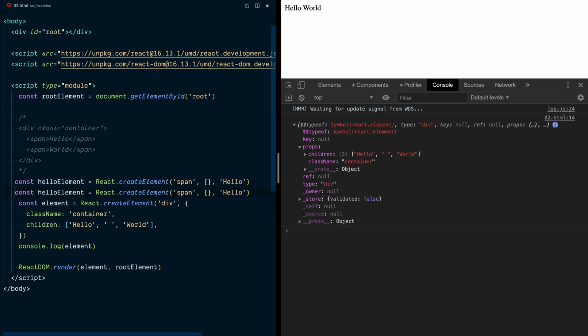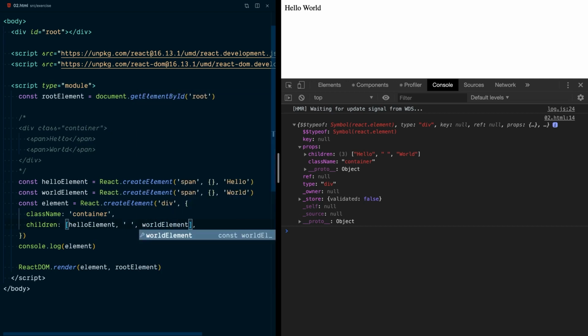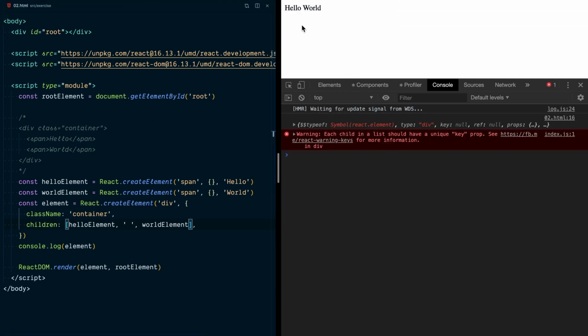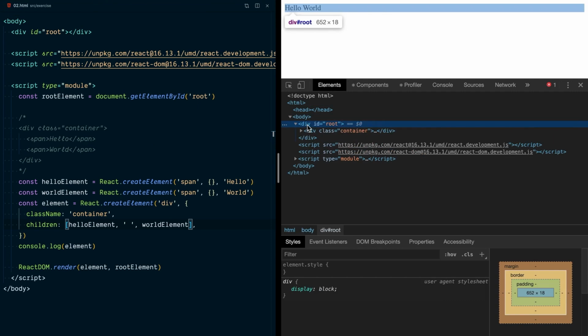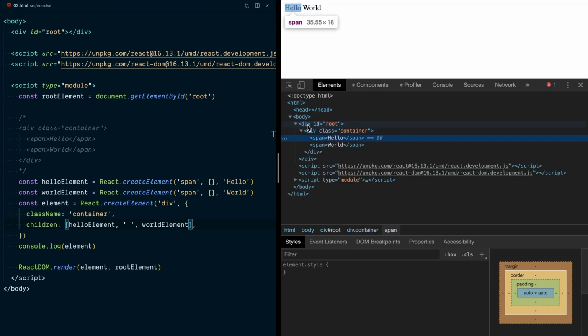And I'm just going to copy paste this because this is very similar to our world element. We'll say world. And then instead of the string hello, I'm going to say hello element as one of the children. And instead of the string world, we'll say world element as a child there. And we get that exact same output here. We'll come down here and see that we have our div, ID of root, our container, and then our two